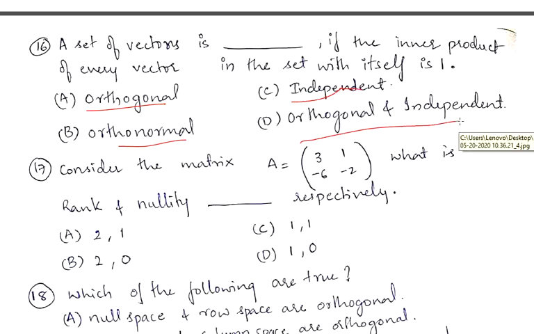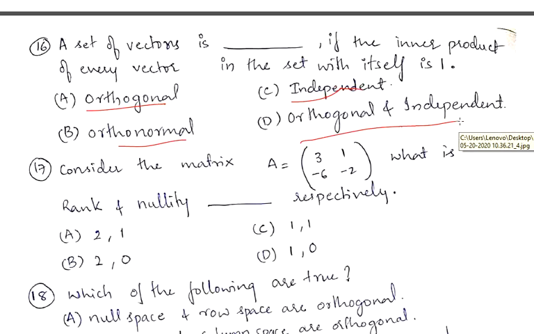Okay, what is orthogonal? Two vectors are orthogonal to each other if their inner product with each other is 0. Inner product means a dot product. Just now we saw in the previous questions that when two vectors are orthogonal, their dot product is 0. Okay, a set of vectors is orthonormal